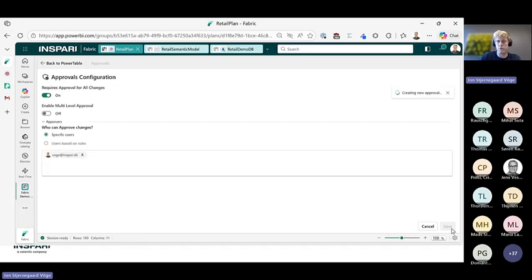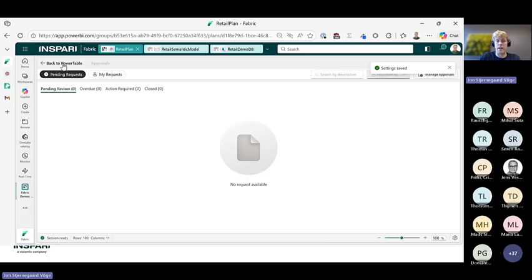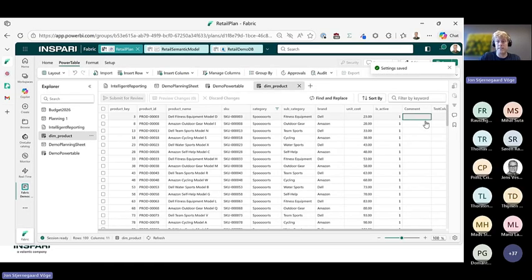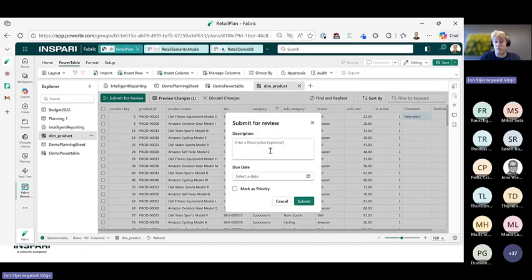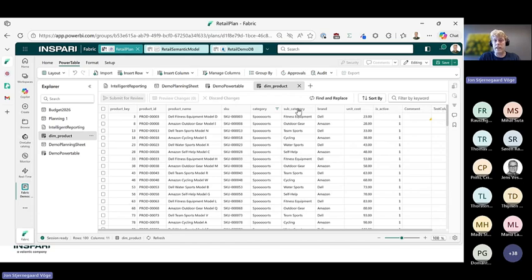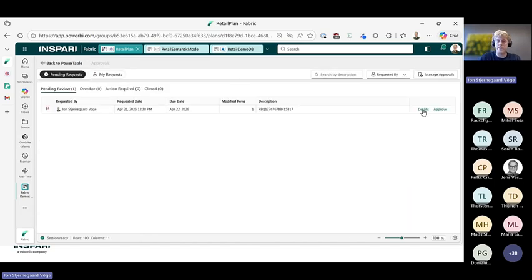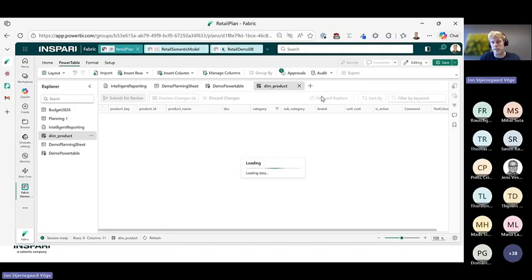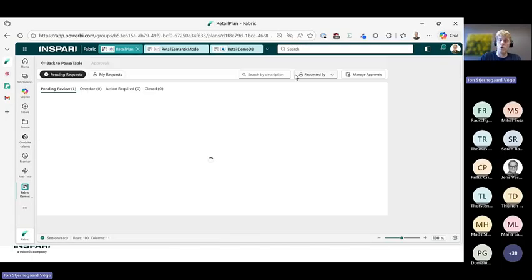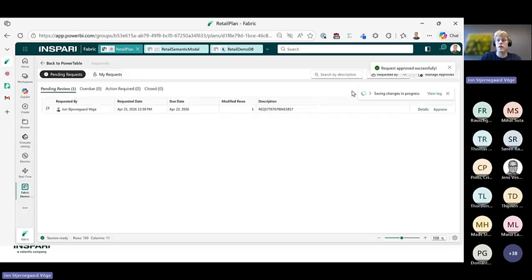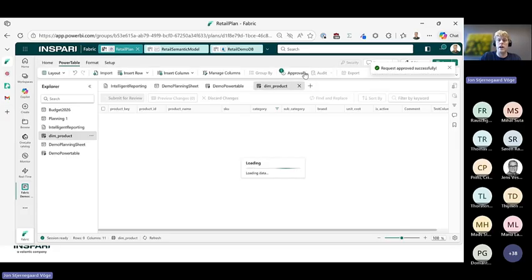I could do multi-level approvals as well, so that if I now went ahead and said new entry, instead of saying submit change, it now says submit for review, and clicking submit for review lets me add descriptions and mark as priority and say, okay, Jon, when do you need to look at this by? Well, tomorrow at the latest. If I am the approver, they will appear in an approval list. I can get the details, I can approve them, I can decline them, and there will be sort of a full audit trail for me to check all of this afterwards.